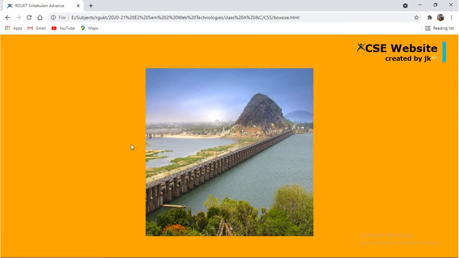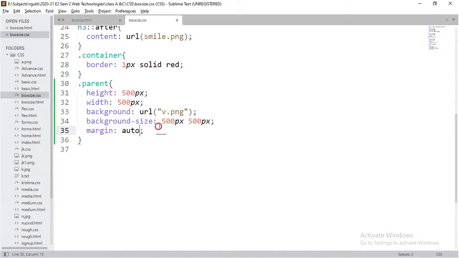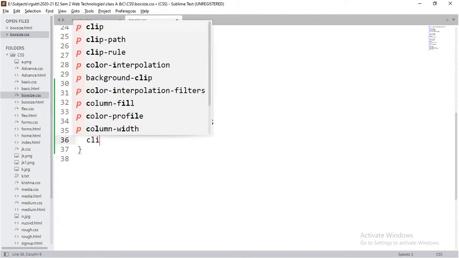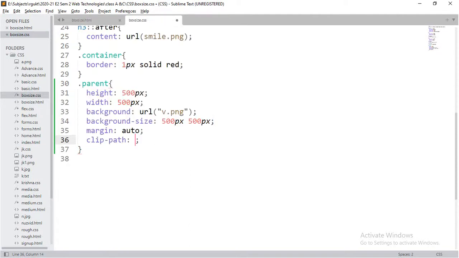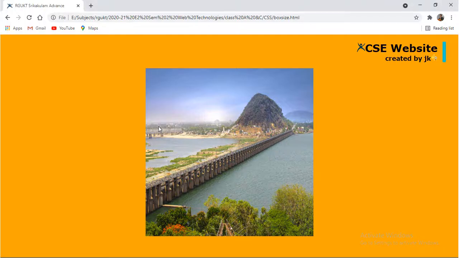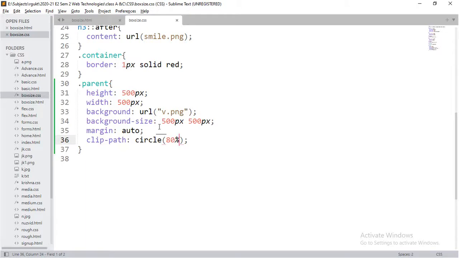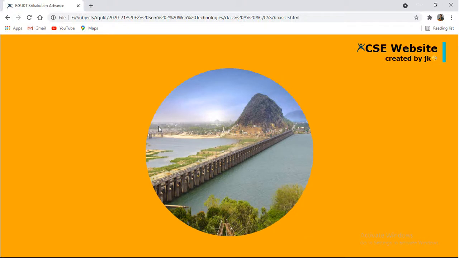Now for this image, I would like to apply various kinds of shapes. So I can use a property called the clip-path property. Here you can observe the clip-path property. For example, I would like to make it in the form of a circle, where the circle is 80%. Observe. I'll go with 50% so that it will be applied.